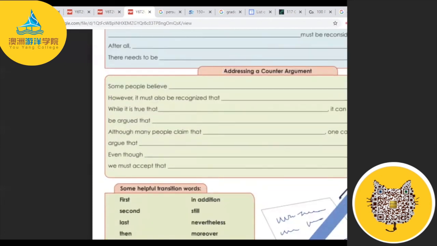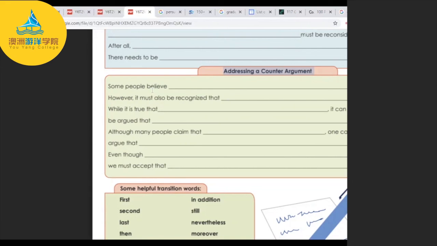Now, what we're going to talk about right here is my favorite part. So if you want to get brownie points from me, you're going to do this part in your persuasive letter. You're going to address a counter argument. That shows that you're very knowledgeable about the whole topic. So you might say some people believe that animals should be kept in cages because they can be dangerous. However, it also must be recognized that they are animals at the end of the day and they need space to roam freely. Okay,